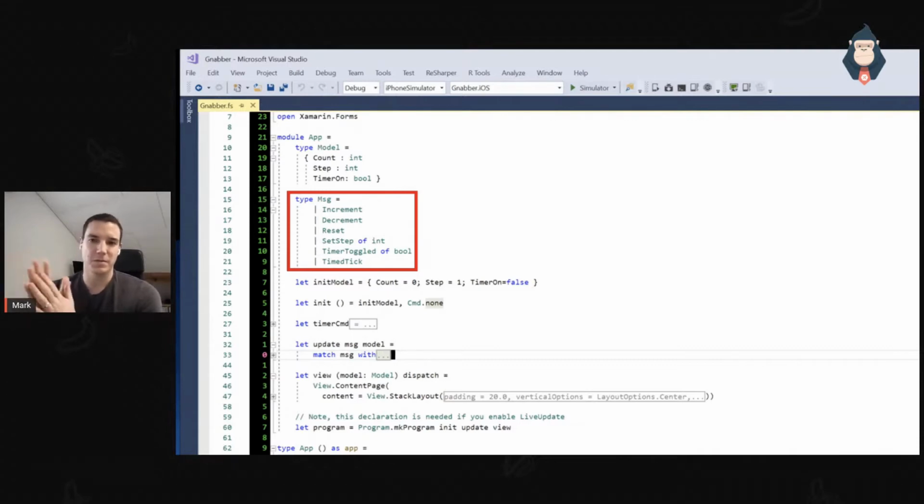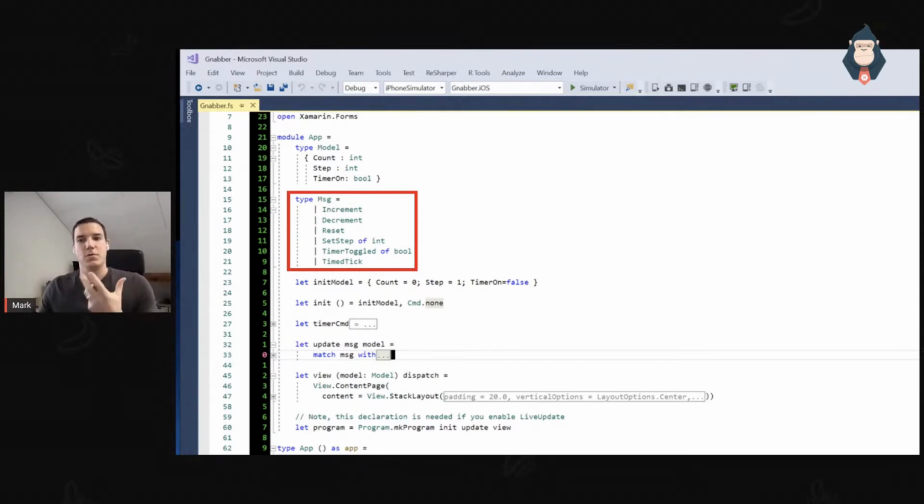I won't go too deep into this, but what we have here is all the different types that we can do. And the difference from enums is that we can actually say SetStep is not just an enum value, it's actually of type int or of type bool. So we can even give values to the state change that we want to apply. We could even put in objects or new records, so that's all open for us.